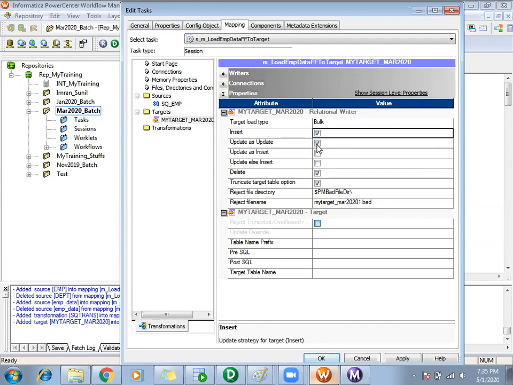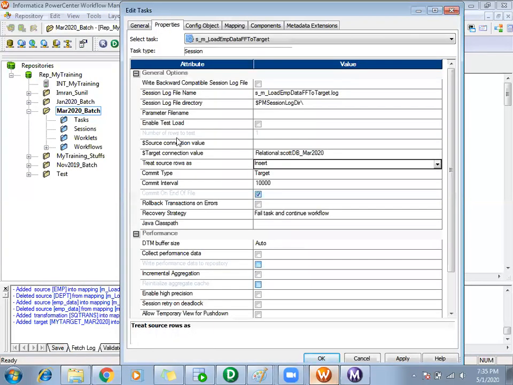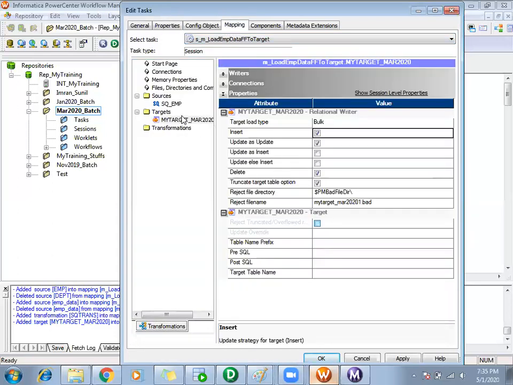Till now I didn't test these properties, but the reason it was inserting is that whenever I create a session, by default it takes treat source rows as insert, and in the mapping for that particular target, insert, update as insert, and delete were enabled by default.